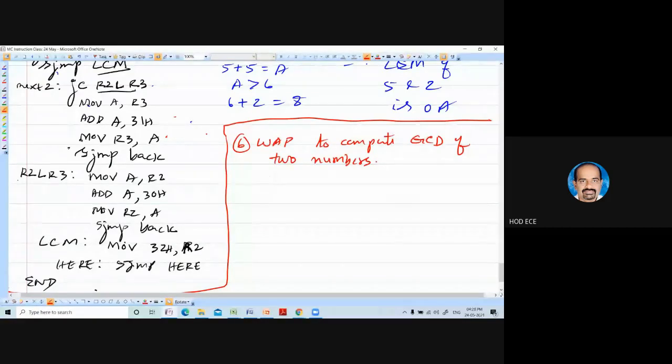Suppose GCD of 9 and 3. So R2 is containing 9, R3 is containing 3. So compare R2 and R3. R2 is greater than R3. So we are doing 9 minus 3. We are going to get 6.